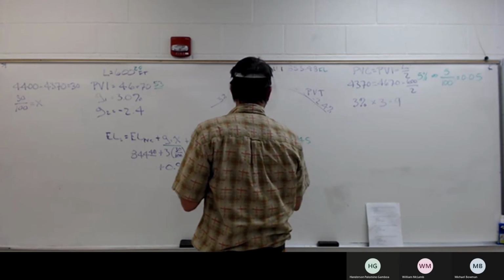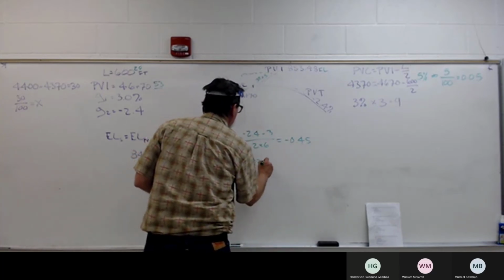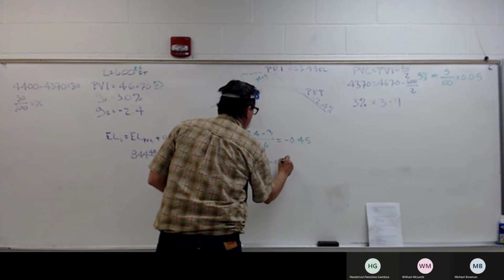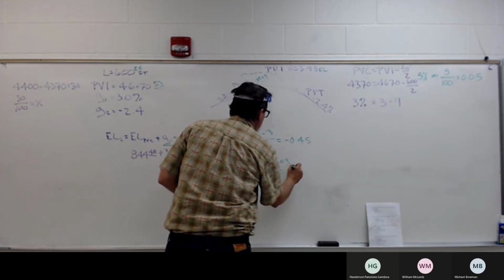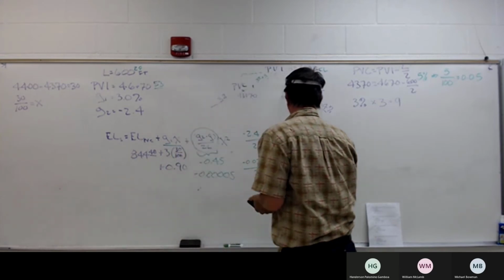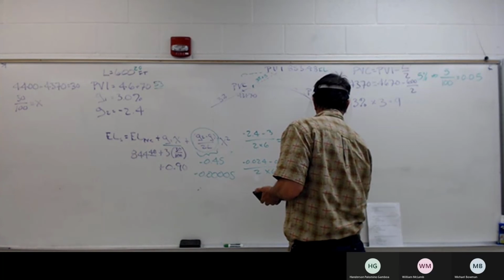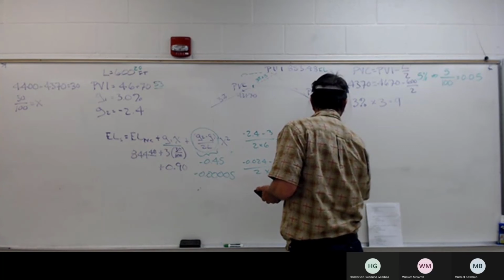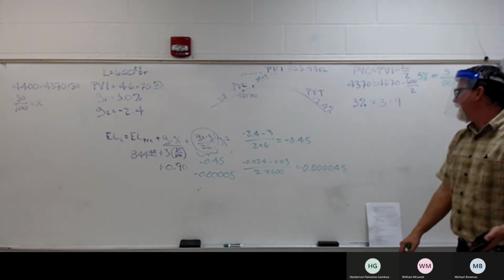Yeah. Divide, yep. And then this one says, okay, minus 0.024 minus 0.03 over 2 times 600. And that's going to be